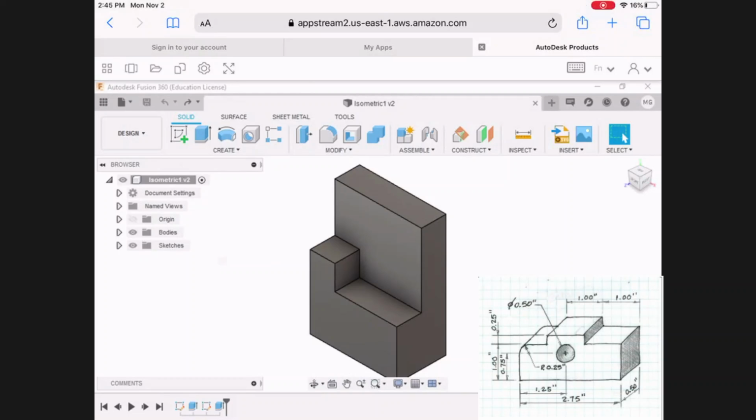All right, we're going to go ahead and build the second isometric, which you see here in the lower right-hand corner. But we're going to build it in the same design. So we're not going to start a new file. We're going to do it right here. So if you notice off to the left, in the bodies folder, this shape that you just created built a